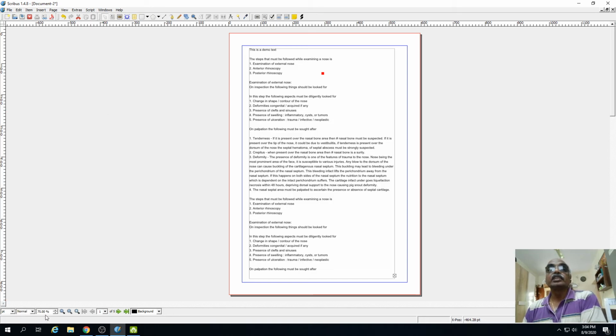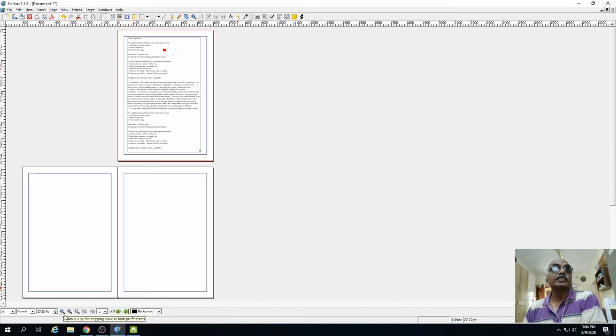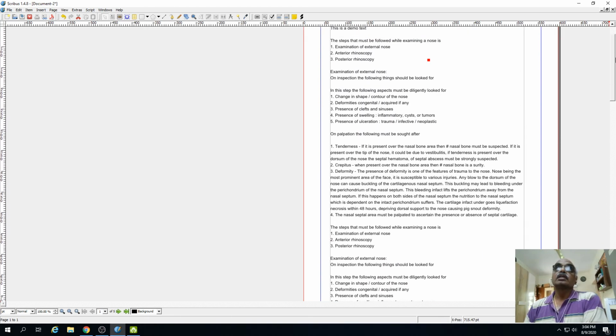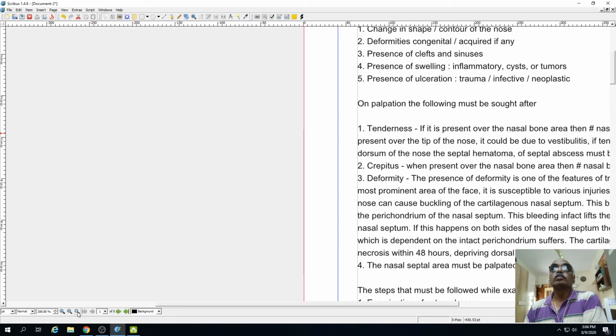And this is the size of the layout. Now we are viewing the layout at 75% size. If you want to decrease it still further, the minus arrow will decrease it. If you click the one, it takes it to 100%, the normal size of the layout. If you want to enlarge it further, you can zoom.